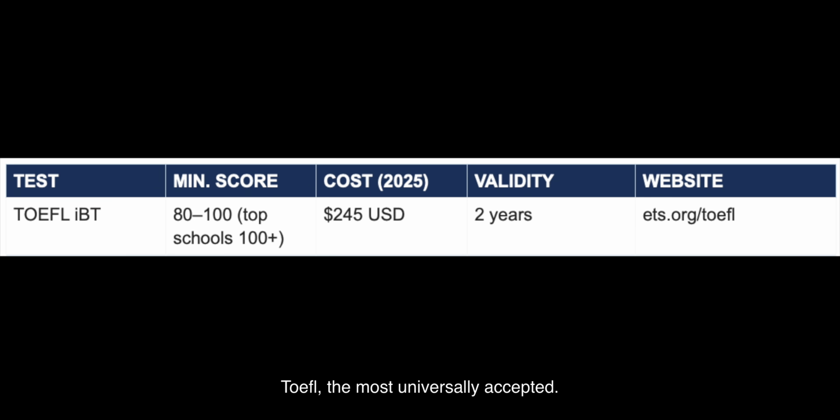TOEFL, the most universally accepted. Minimum score for most programs is 80. Top programs require 100 or higher. Cost is $245 in 2025. Valid for 2 years. Register at